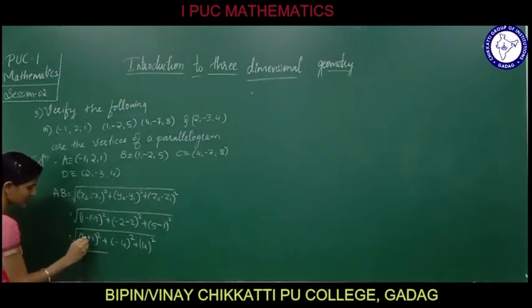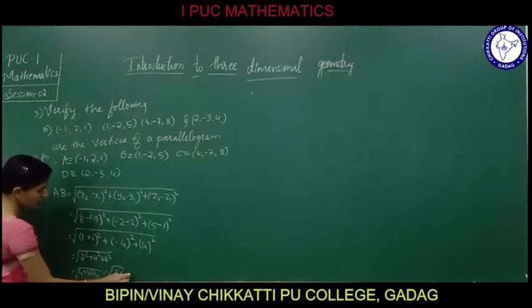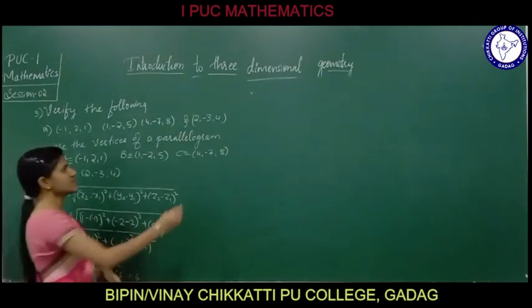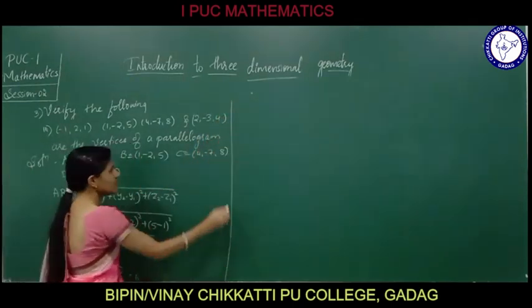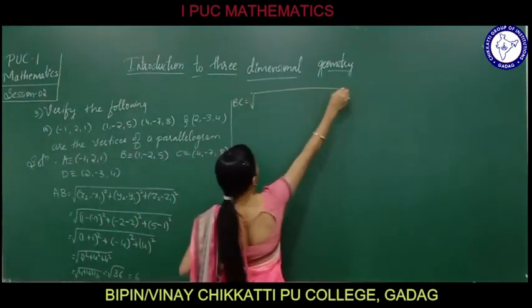Here I am going to get this as 2 square plus 4 square plus 4 square. Nothing but root of 4 plus 16 plus 16. So nothing but root of 36, which I can write as 6. Next, after AB, let us find BC, which is equal to root of